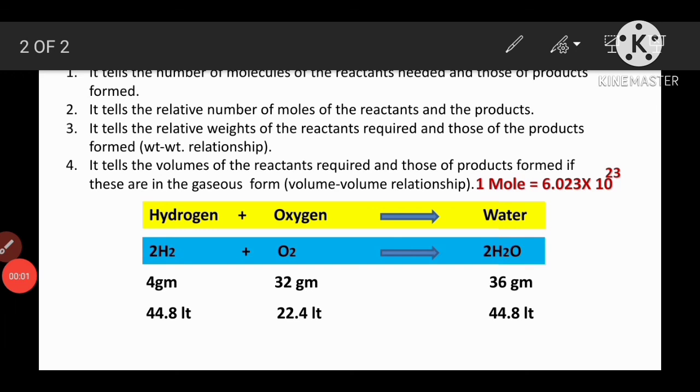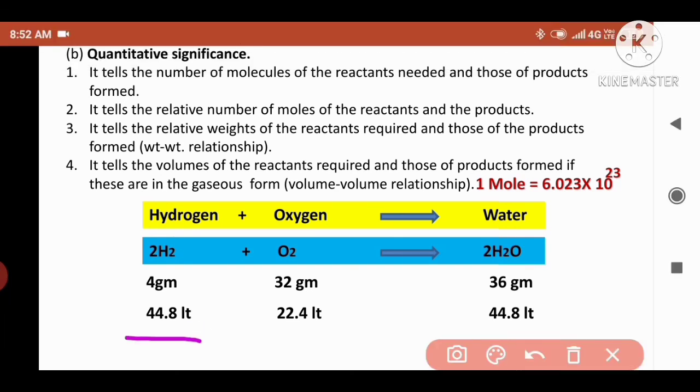This also gives information about volumes. Means 2 moles of hydrogen means 44.8 liters. 44.8 liters of hydrogen react with 22.4 liters of oxygen and produce 44.8 liters of water. Means this is in terms of volume. Now these volumes, moles and molecules we will discuss in the next topic, that is the mole